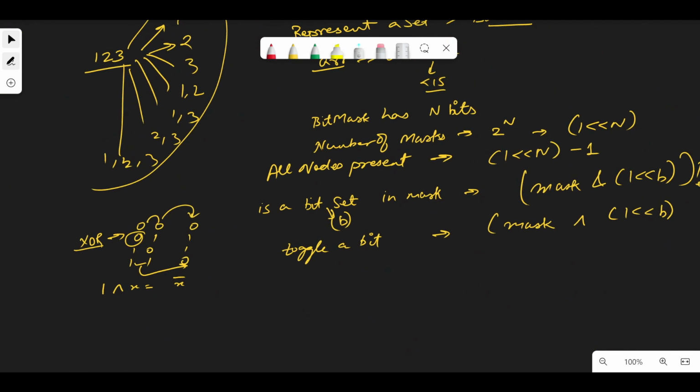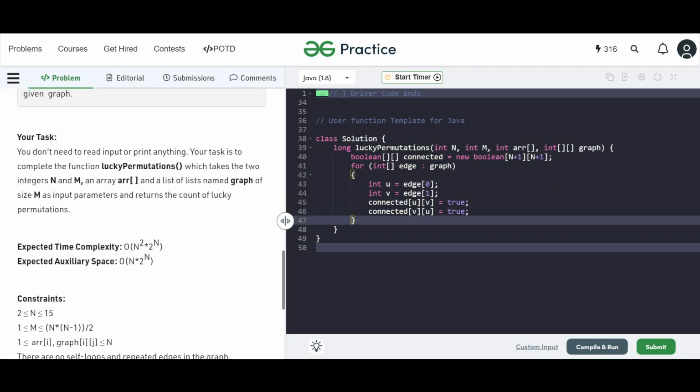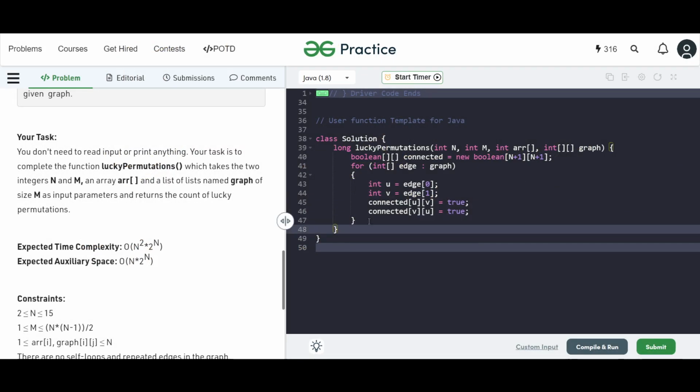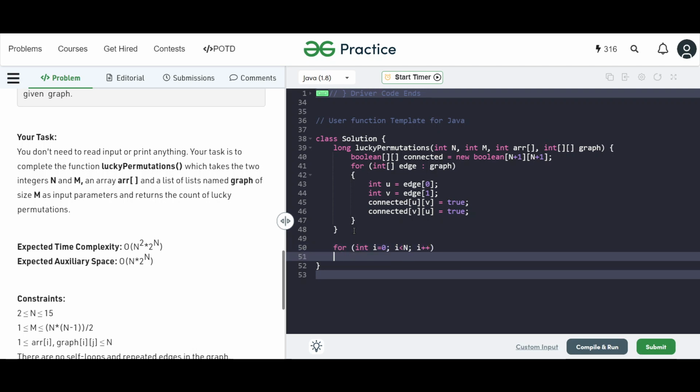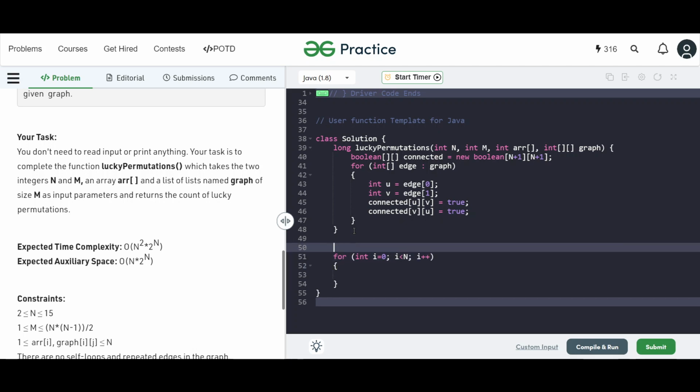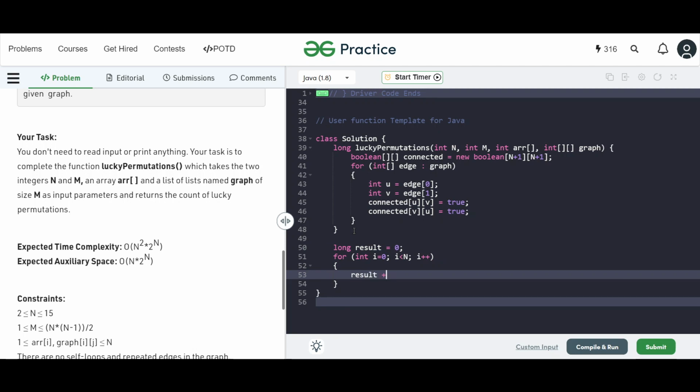So let's come back to the code and try to build that logic. This should be clear. We have just built the graph here, nothing fancy. Now let's say we want to return the lucky permutations, like what we discussed. Lucky permutations would be: we fix the first guy to be any index, right? So int i equals 0, i less than n, i plus plus. It's long, so let's say long result equals 0, and we're going to do result plus equals to